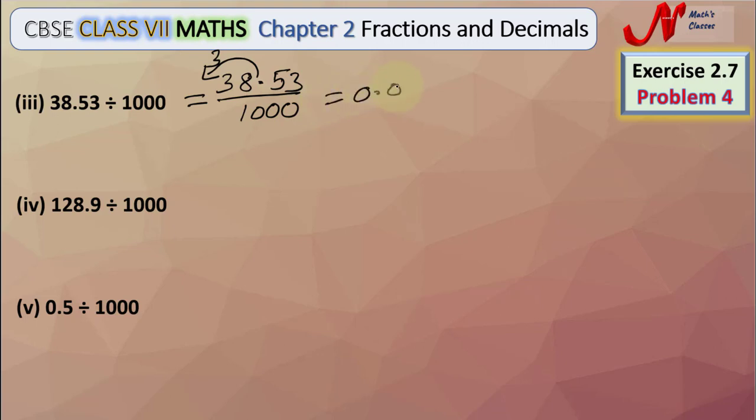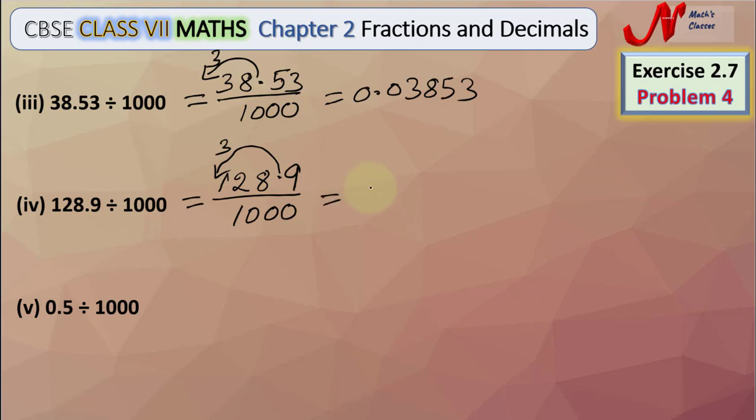So it can be written as 0.03853. Next we find the value of 128.9 divided by 1000. So it can be written as 128.9 divided by 1000. In denominator we have 3 zeros, so we shift the decimal point 3 places to the left side. So we can write it as